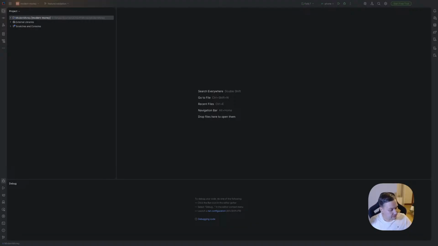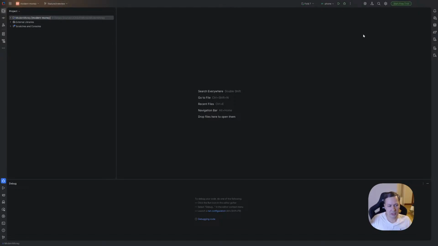Okay, so let's start with it. First of all, we need to create a new branch and call it TreeView. You don't see it, but right now it's switched here in IntelliJ.